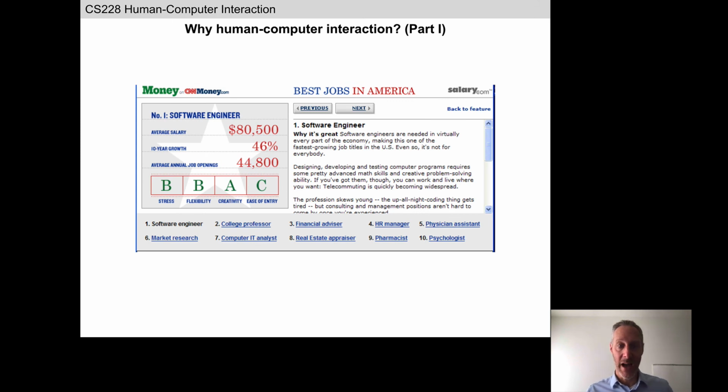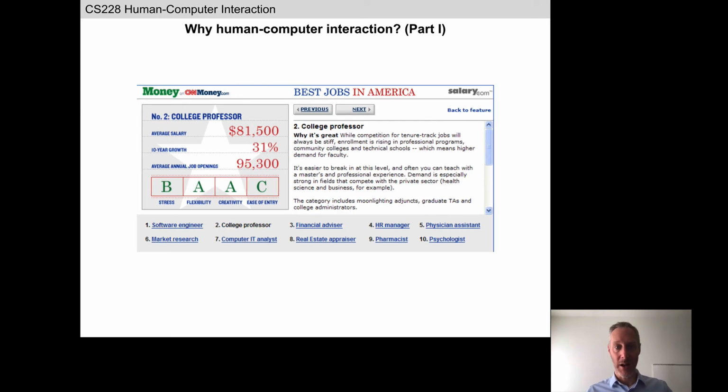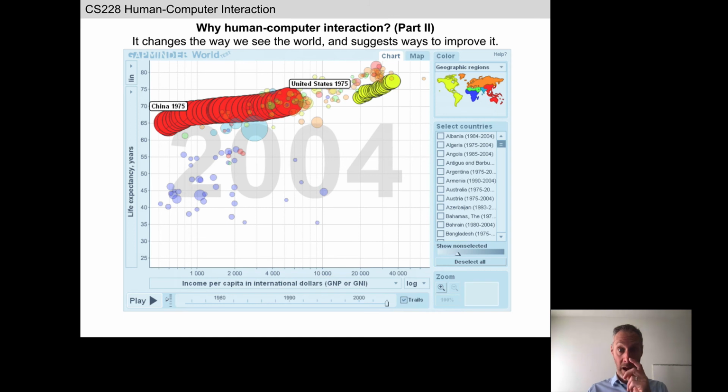Okay, so we were talking about two reasons so far about why you might want to take HCI. First of all, there's some very high-paying and interesting jobs in HCI. And we ended last time by talking about a second reason, which is, as we all know, we're in the current data flood. There is more data out there than we know what to do with. There are a lot of challenges out there about how to extract meaning from all the raw data that is being generated every day. And that requires both technical acumen, the ability to program and wrangle that data.